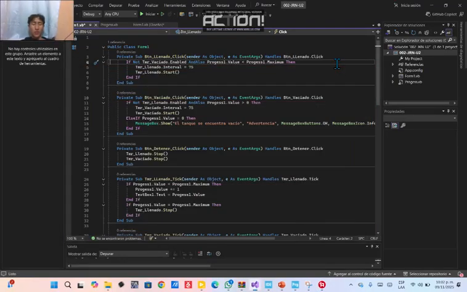Explaining practice number 2, unit 2. Line number 2, declare the start of the main form class, form 1. Yes. Line number 3, define the function executed with the button llenado. Button is clicked. Yes. And line number 4, start the if condition: if running timer vaciado is not